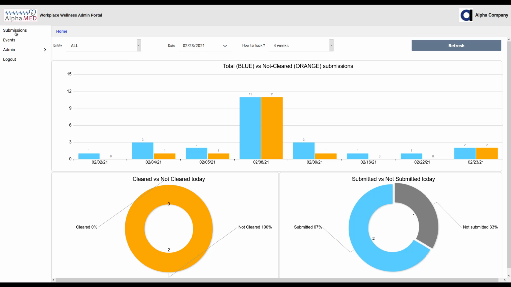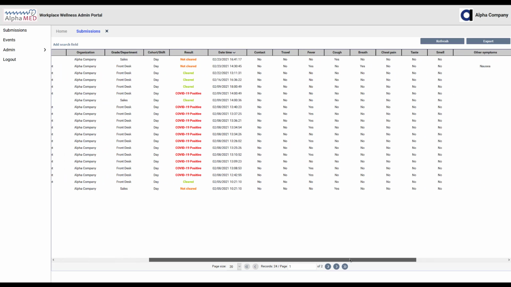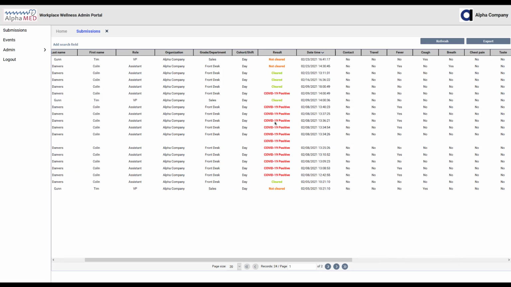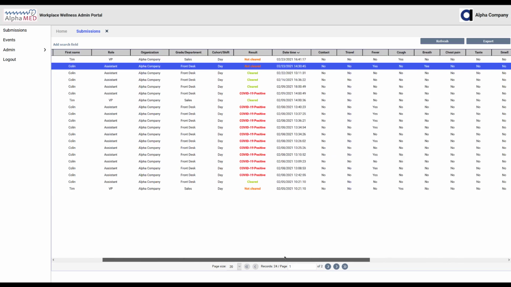So this is a quick dashboard view, but all of the data is individually reviewable here in the submissions list. This is a normal searchable, sortable list, so we can drill down if we like with any more details. This is the not clear submission that we just did with our demo user,